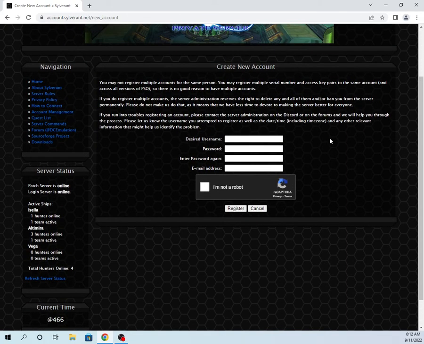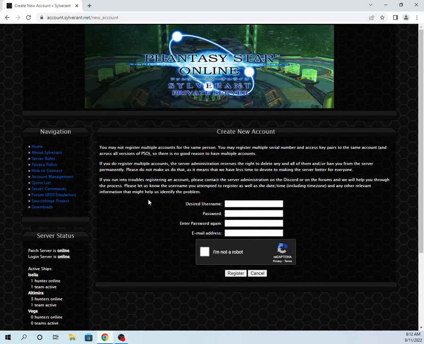Once this is done, you may have to confirm your registration via email. I'm assuming that's what was done. I don't recall. It's been a few years since I've done so. Once you do that, you can click on account management again and log in. And then you can generate your serial number and access key for PSO PC. Just follow the links. It's very self-explanatory. Once that's done,